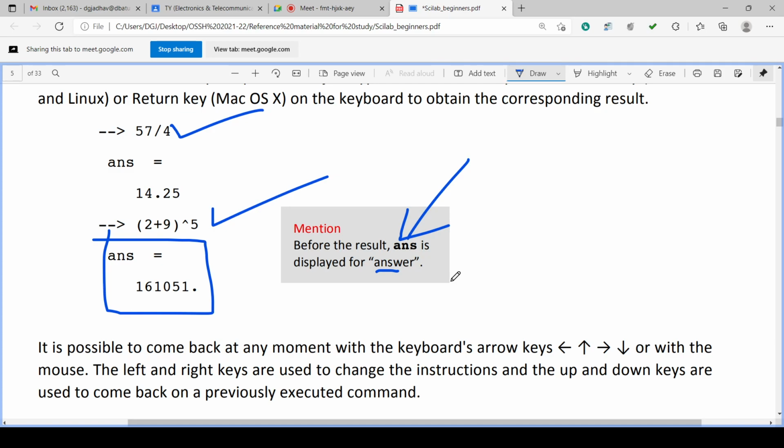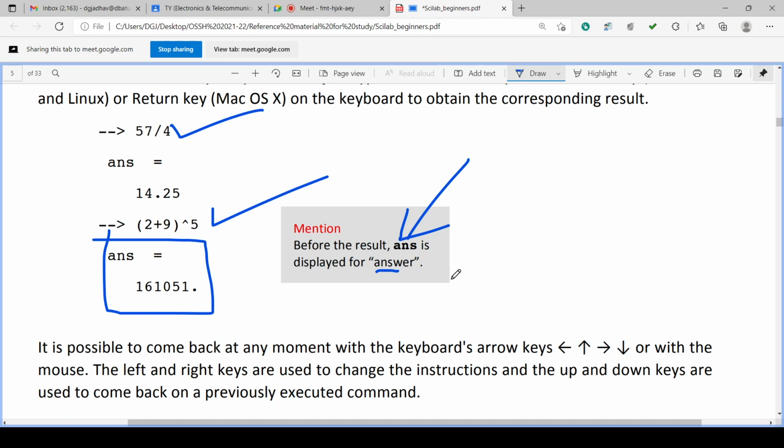If we do not declare a variable, and we directly write a command which returns some answer, then that answer will be stored in the default variable, that is ANS. When the next such calculation is done, the previous answer stored in ANS will be overwritten by the new answer and the recent answer will be stored.